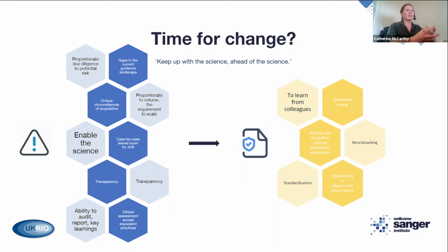And essentially all of this would raise awareness. You know, webinars like these raise awareness of all the different types of considerations that are sometimes missed when procuring material. And hopefully it would encourage some standardization across some of the areas that are otherwise a little bit less defined and a little bit less concrete. So ultimately, we want to keep up with the science and support them in the best way possible. And so this is kind of the prompt for the review. So to that end,